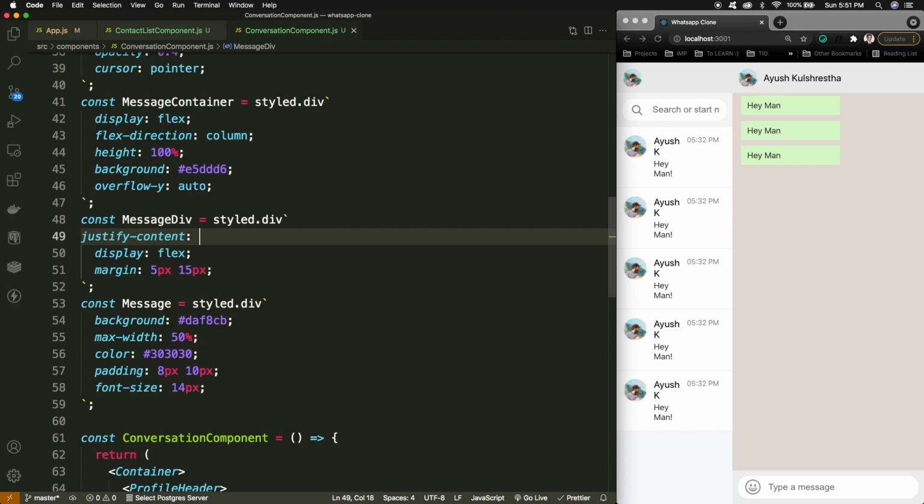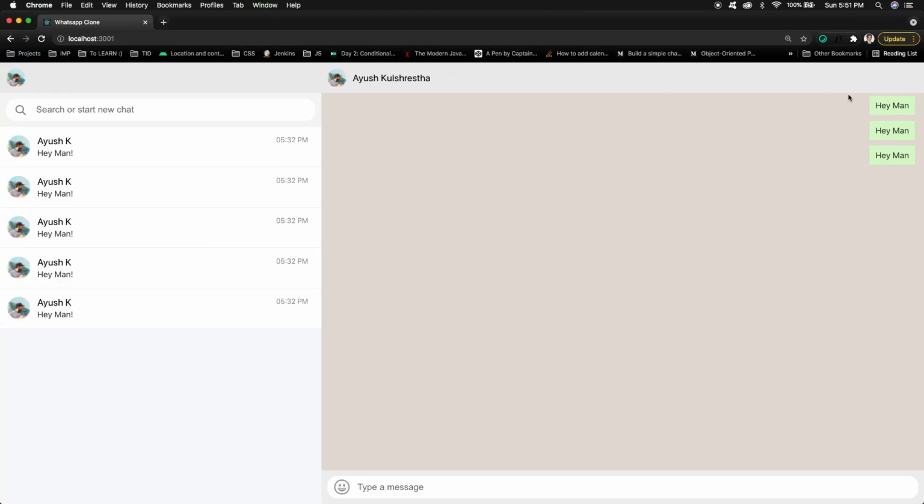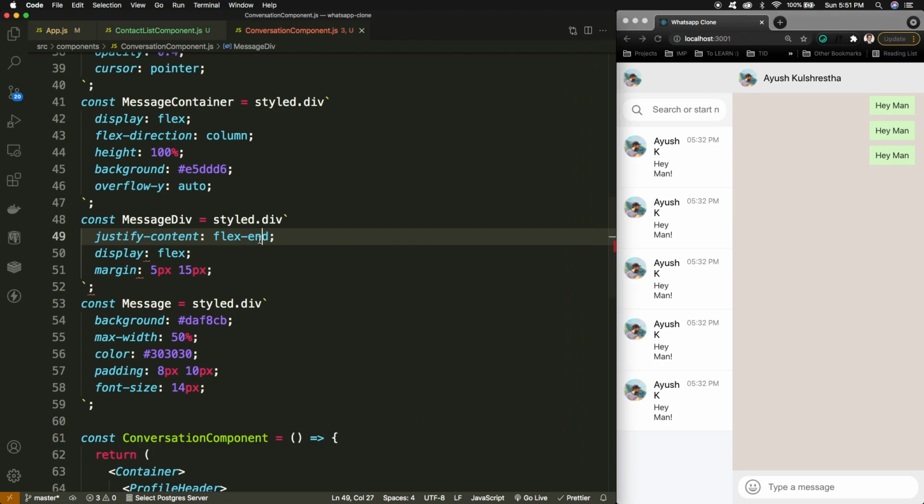If I define it as flex end, it will be at the end of the flex, and if I have it as flex start, then it will be at the start of the flex. But I just wanted to make it dynamic.